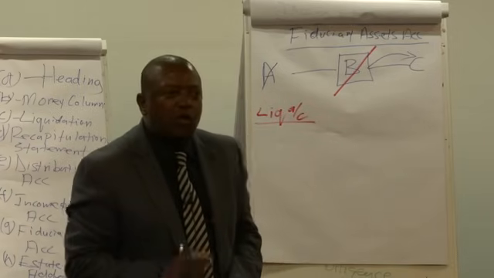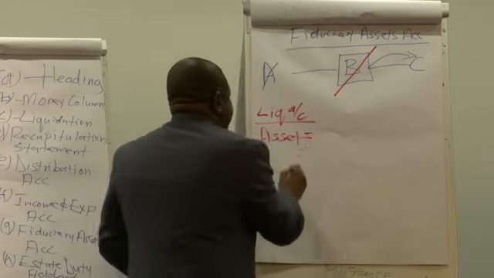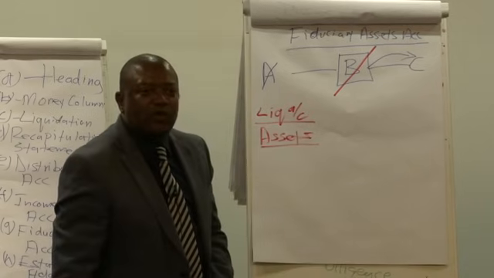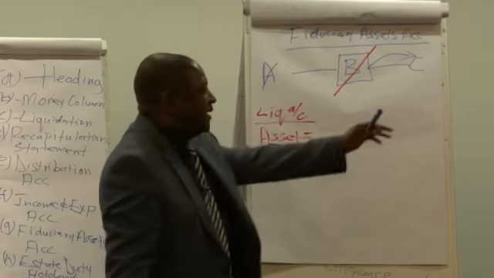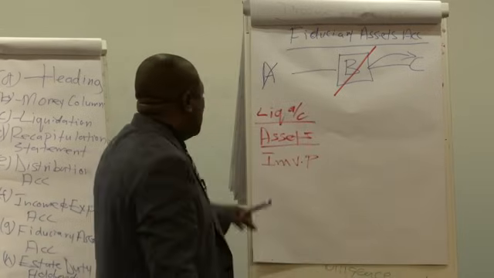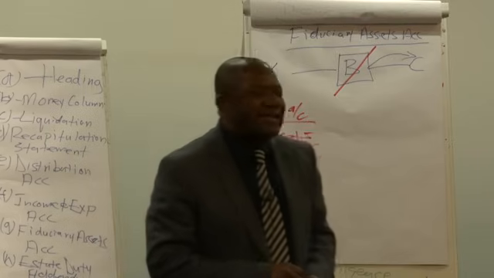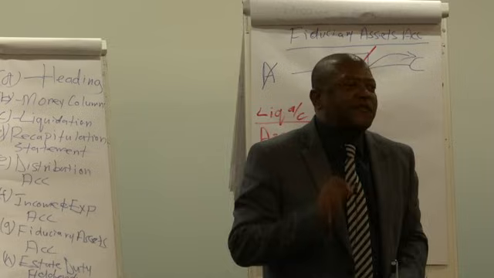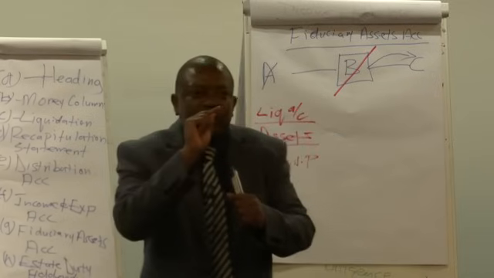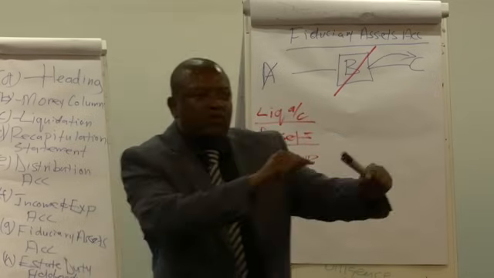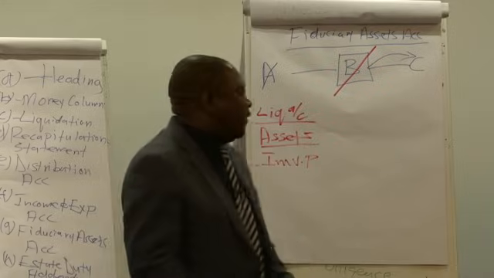On our liquidation account, obviously, we are going to start with what? Assets. Start with assets, and then we are going to come to immovable property. That is why we call it an account within an account. On immovable property, we are going to describe this immovable property according to the title deed description. Why? Because Regulation 5.1G Roman figure 1 says so. Regulation 5.1G Roman figure 1 tells us the same information as Regulation 5.1C Roman figure 1. Do you see that? So we are going to describe it in full,